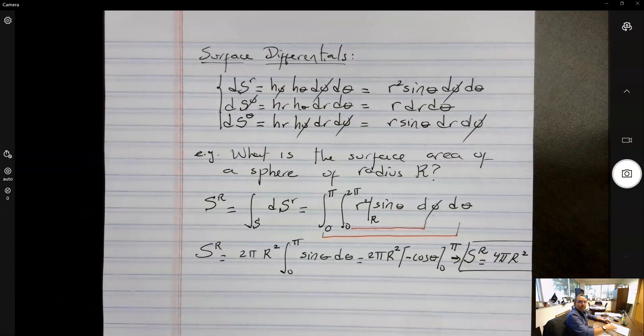The surface area of a sphere. We can look at the volume differential. Volume differential. And remember, there's a single one, and for an orthogonal system,